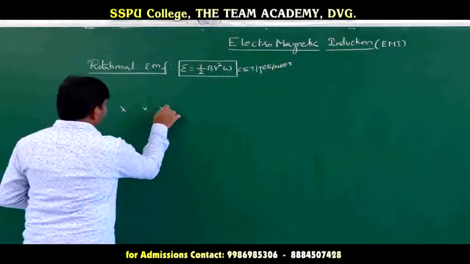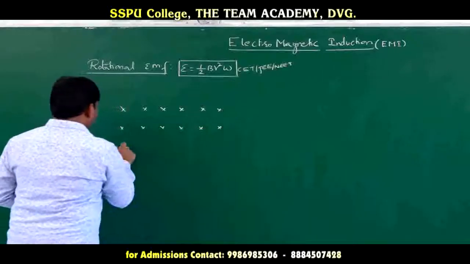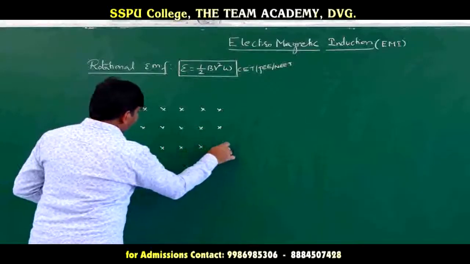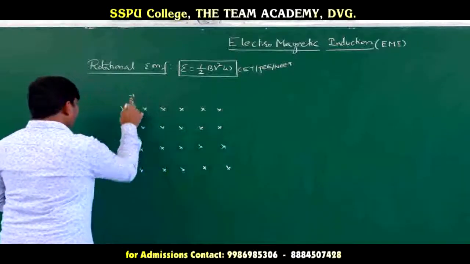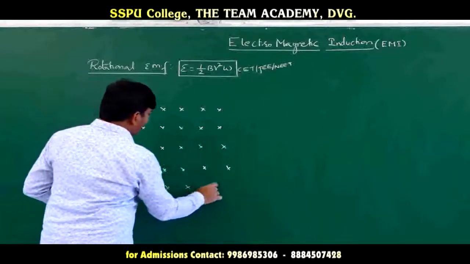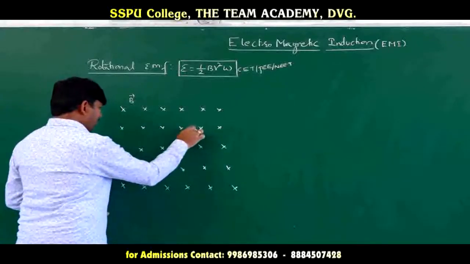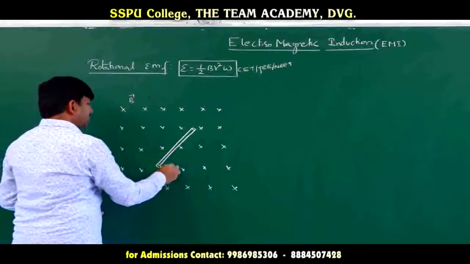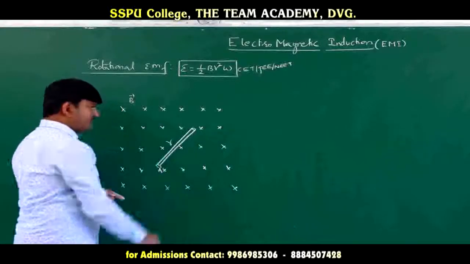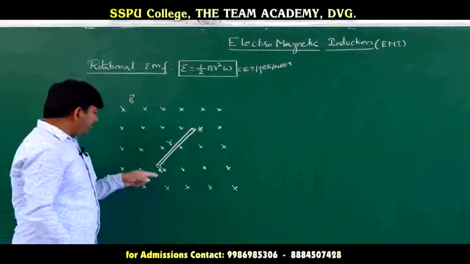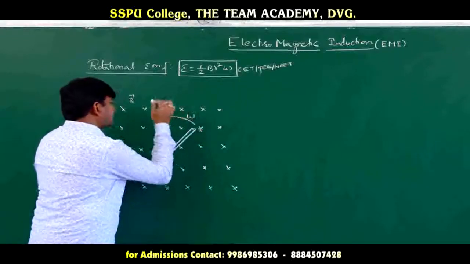Let me choose, there is a uniform magnetic field here which is directed into the board. A uniform magnetic field is taken and which is directed into the board. Now in this magnetic field, I want to rotate a conducting rod in anti-clockwise sense. Let me choose, this is a conducting rod whose length is equal to L, or whose length is equal to R. Now fixing one point, let us consider this point A is fixed and this is B. Now fixing the point A, if this rod is moved like this in anti-clockwise direction with angular speed omega,